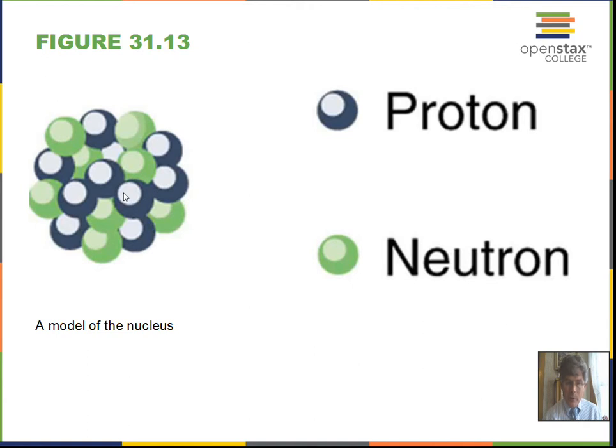We don't have any images of the nucleus. We can image the whole electron cloud of the atom,